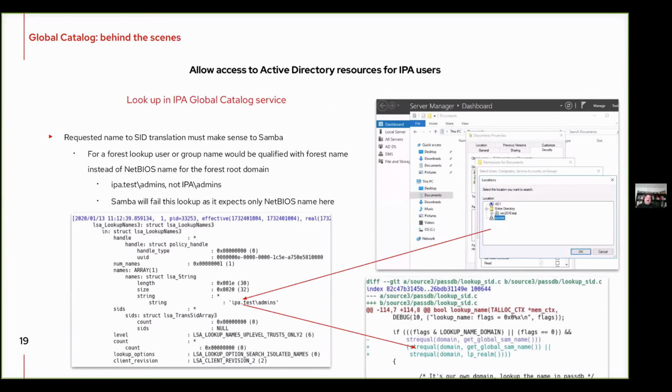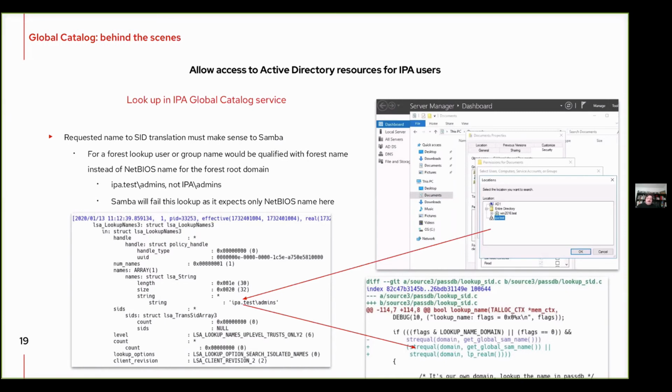In the result of all these operations, and these are done several times because there is no caching, it looks like different layers of the Windows stack do this resolution multiple times. So you get requests for lookup names, and then lookup SIDs, and then again lookup names and lookup SIDs in the span of 1 second or so.